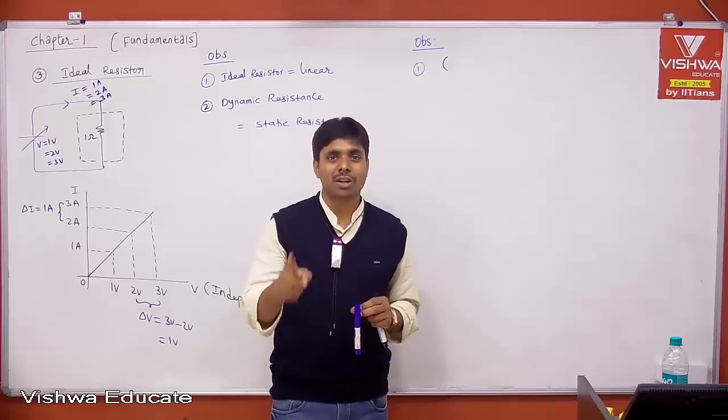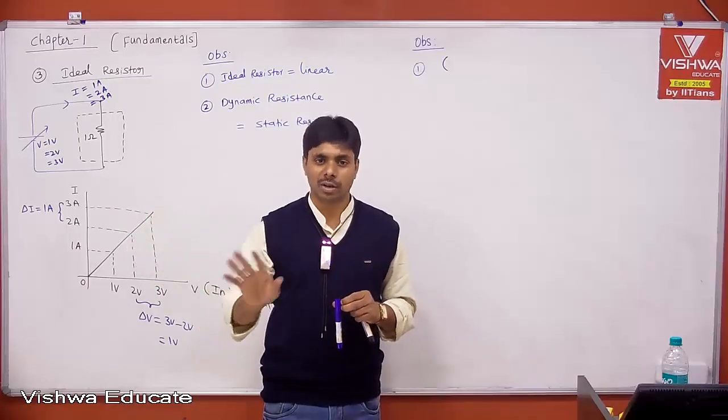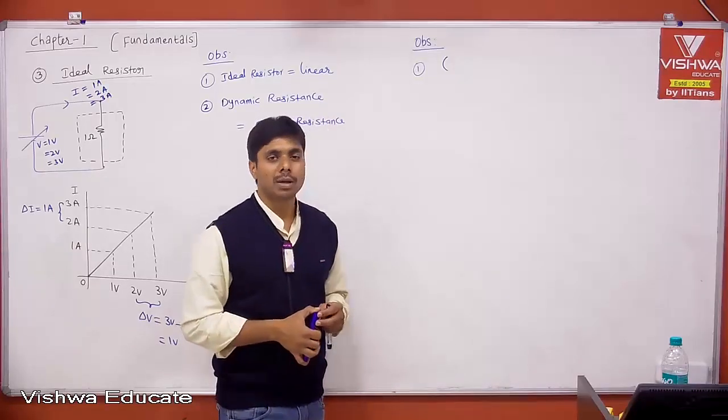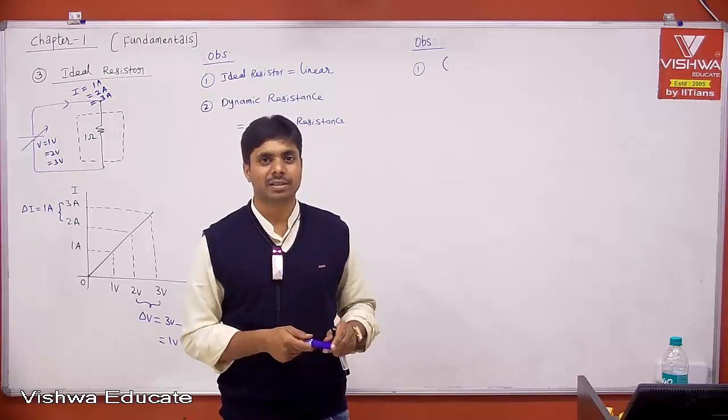Remember, the PN junction diode is not linear. After completing this, I'll explain why it is not linear, but it is not linear. Write down: ideal voltage source, ideal current source, PN junction diode, BJT,